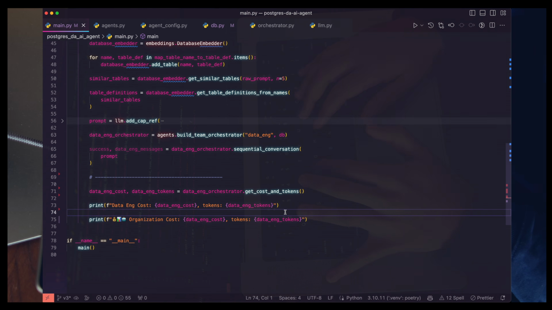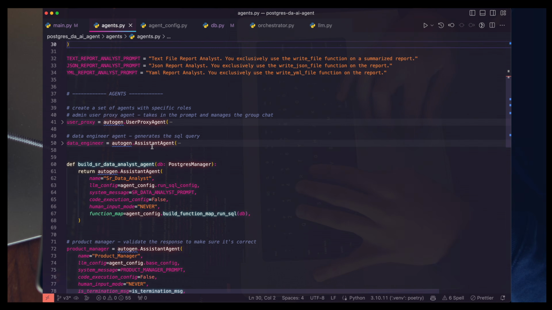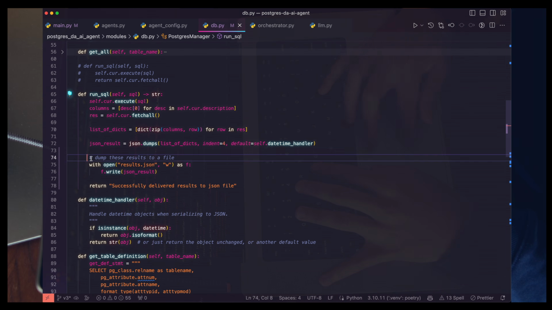Okay, that was pretty tough to do. I just fired our data visualization team. That was hard, but here we are. We now have just our data engineering team, and we've now put more responsibility on our senior data analysts, really kind of key employees. That run SQL function is now writing those results to a file, and then reporting successful delivery to the product